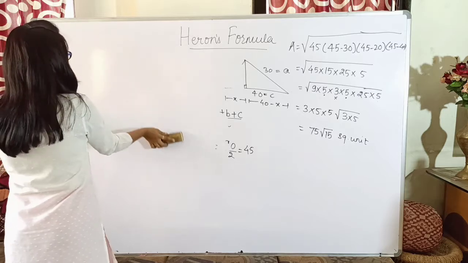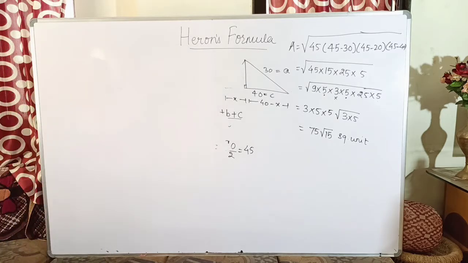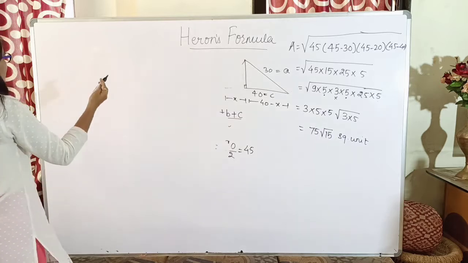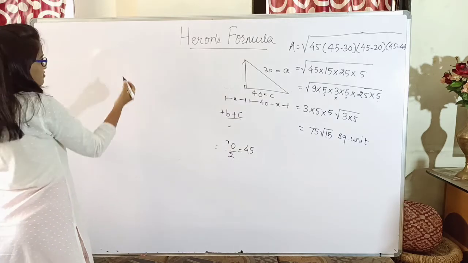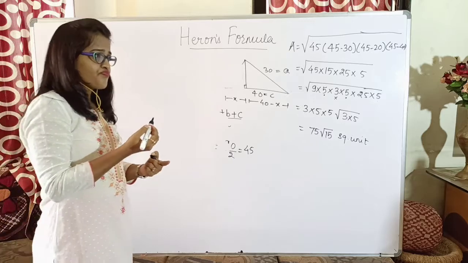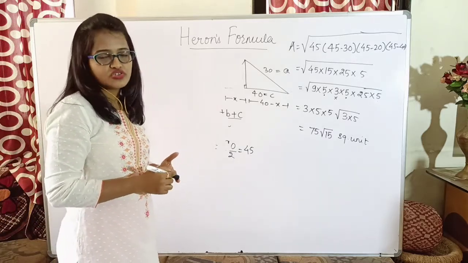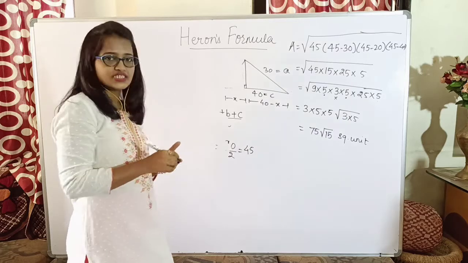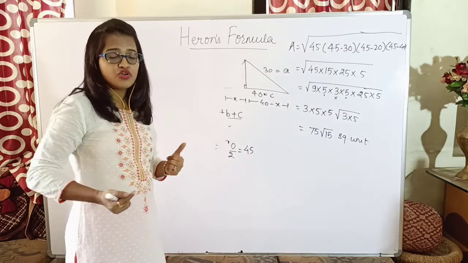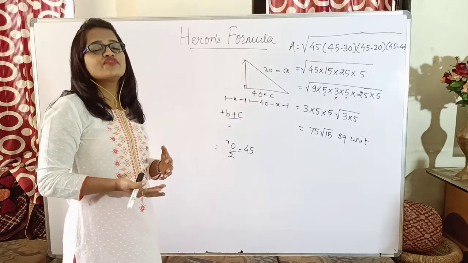Now what is a polygon? A polygon is a closed figure consisting of sides, isn't it? Yes. So here, whenever we are saying that we are going to find the area, if a polygon is a regular polygon, for example, if it is a square, I do know its formula. If it is a pentagon, for pentagon also there is a formula for area of pentagon. For a hexagon also. For regular polygons, you know the formula, so directly you can find its area.